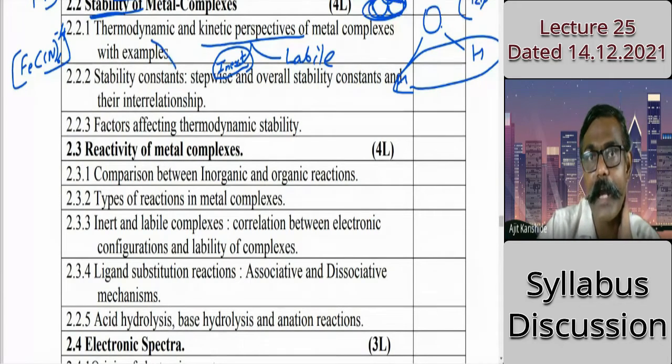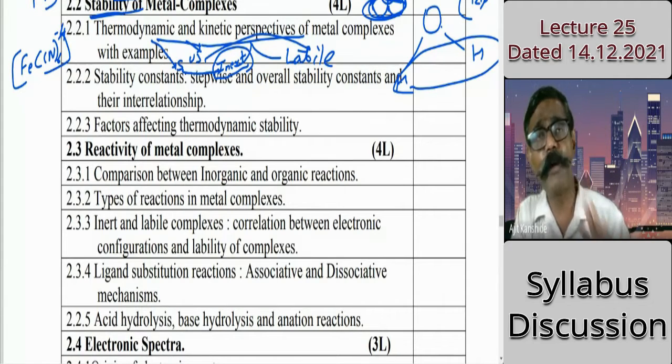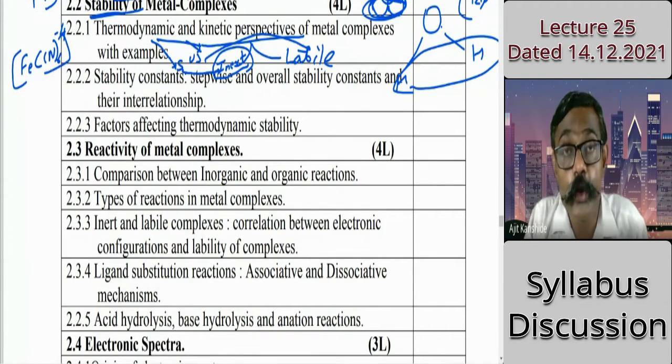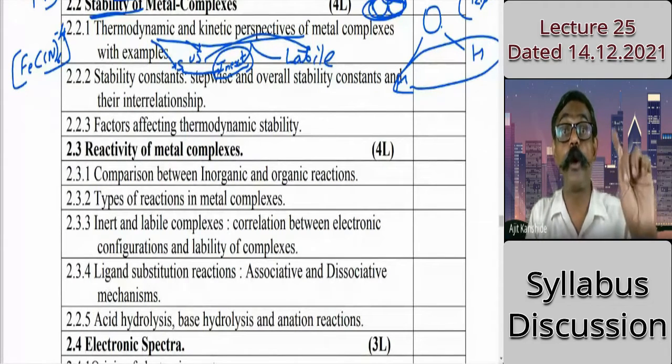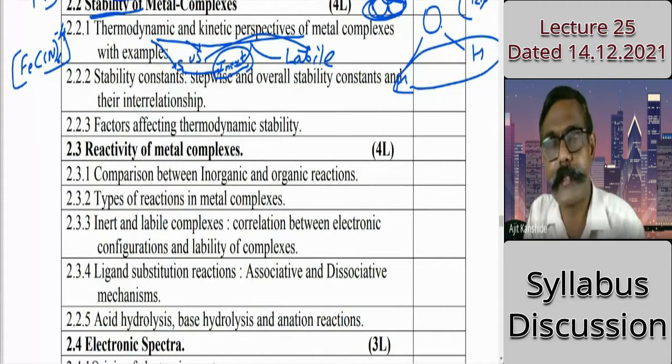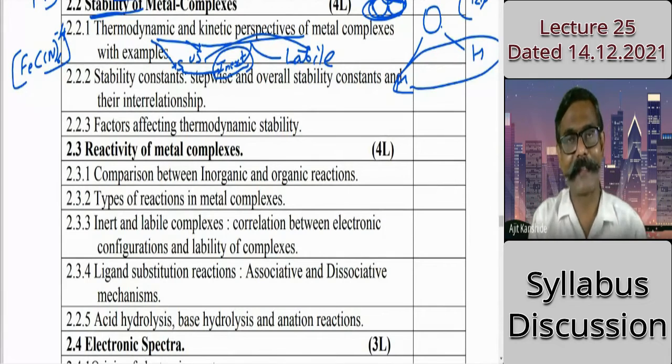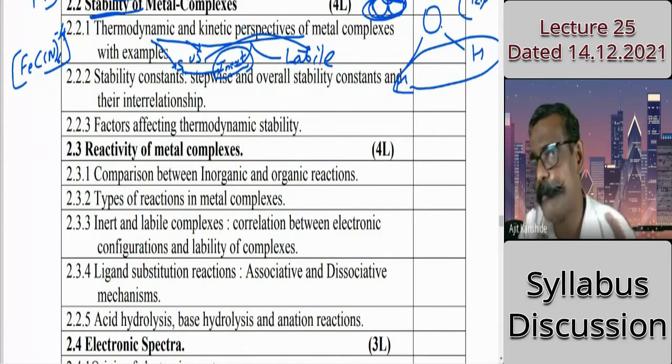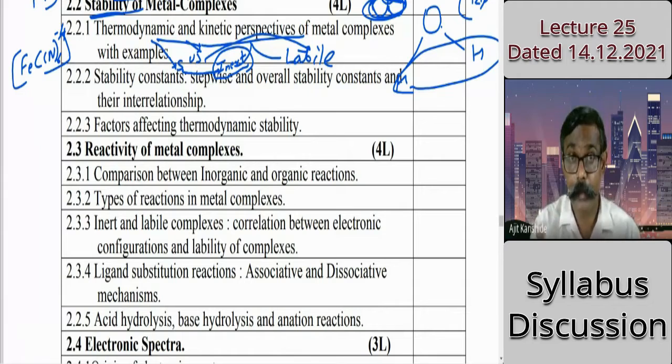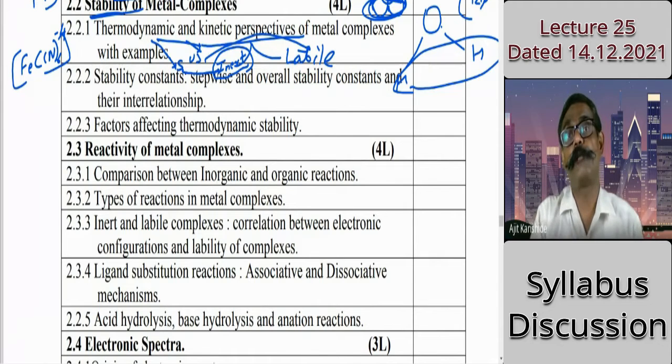Here, which terms are there in the thermodynamic consideration? Stable or unstable. So stable means somewhat inert and unstable means labile. It is not very scientifically perfect, but just for understanding purposes. So those points we are going to discuss for coordination compounds. To make this concept clear, I give you one example, or various cases I put in front of you. With that, the thermodynamic concept and kinetic concept will be clear to you.